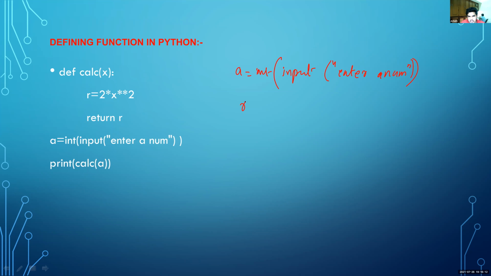The question of this program is: write a program to find out 2x square.